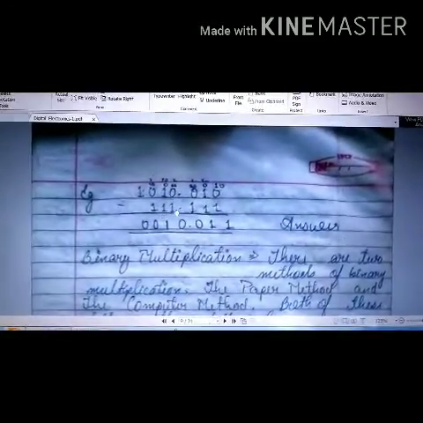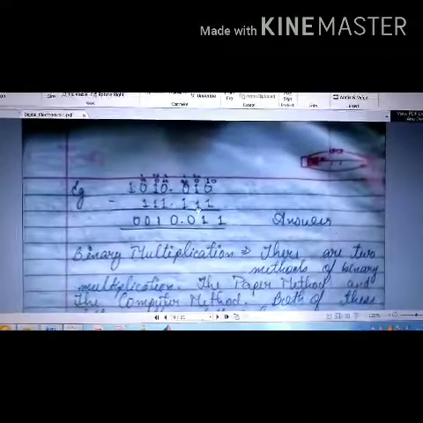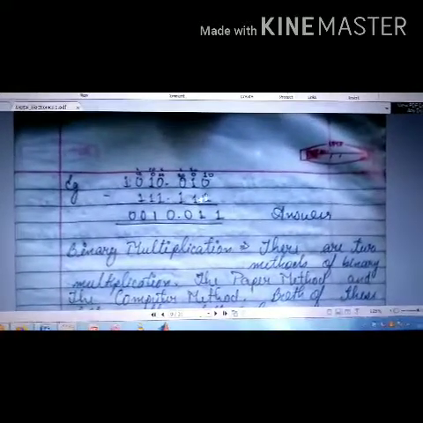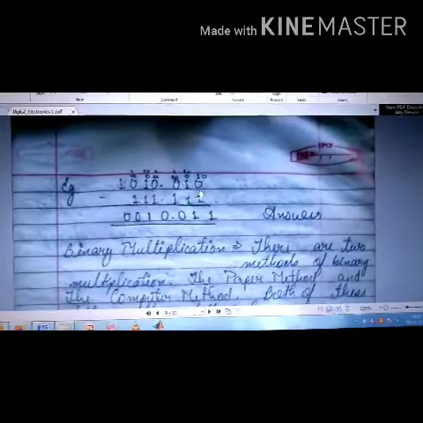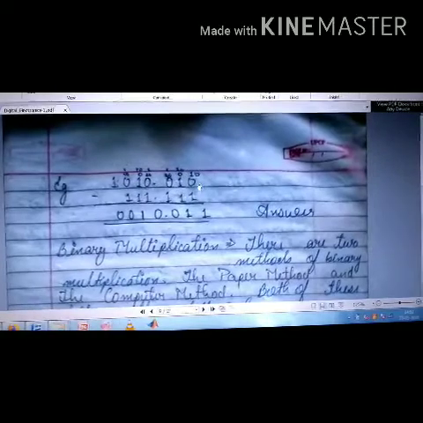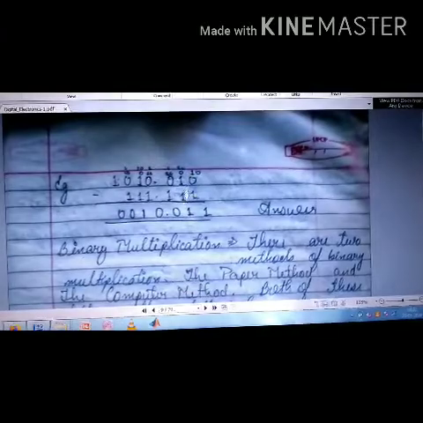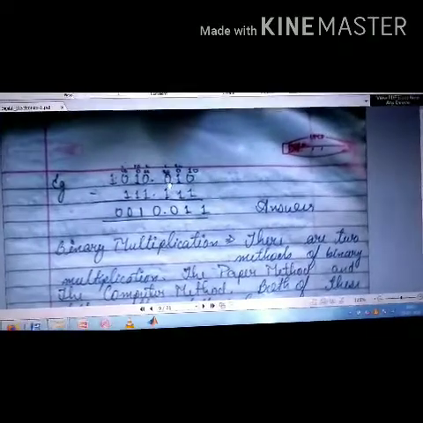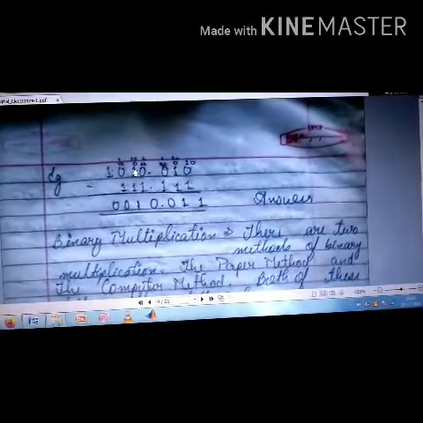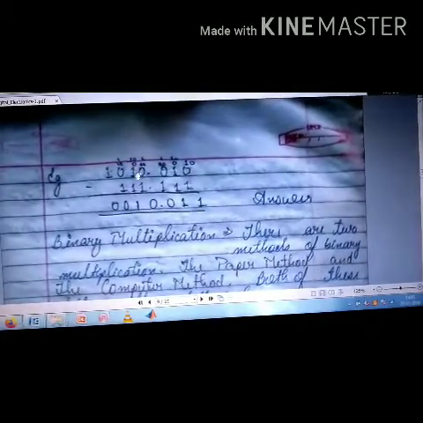1010.010 minus 111.111. Okay, so I will subtract 0 minus 1. I cannot subtract this number, so I will take a borrow from here. It becomes 10 and this becomes 0. So 10 minus 1 is 1. Now 0 minus 1, again I will have to take a borrow. It is a 0, so I cannot take a borrow, so I will take a borrow here. It is again 0, I will take a borrow from this one. So this will become 0 and this will become 10. Okay, so when we subtract this, I will take a borrow from here.